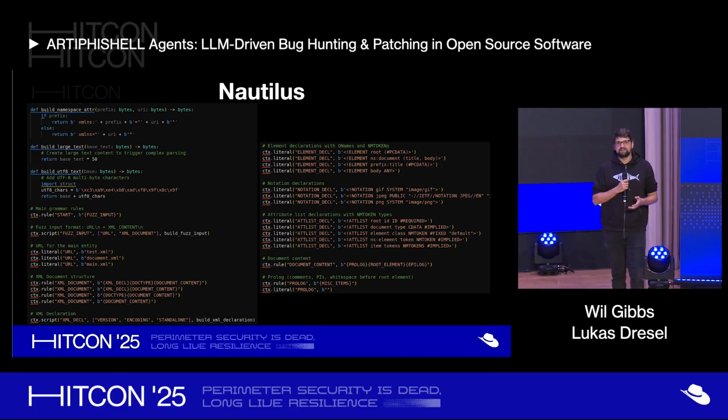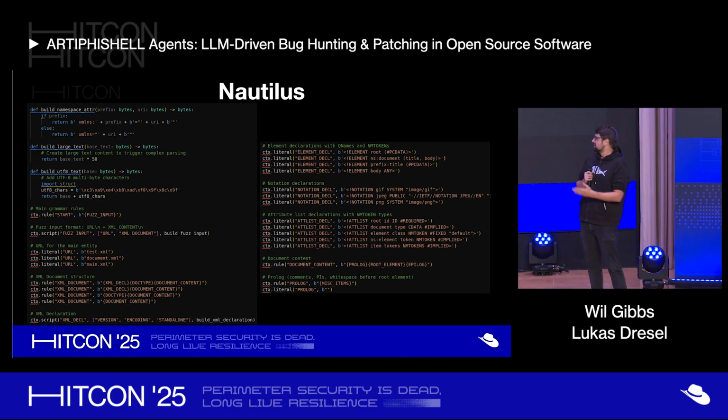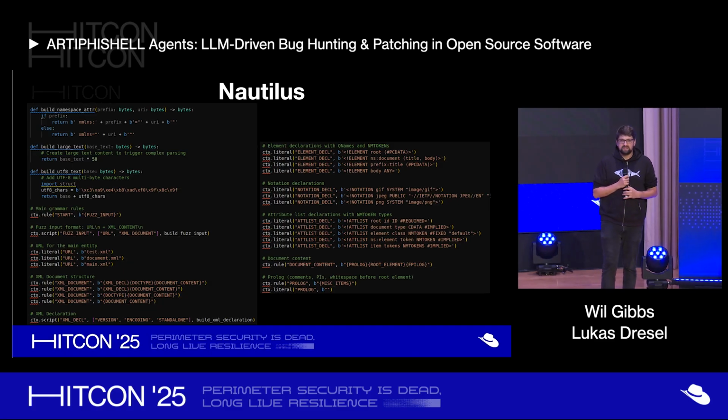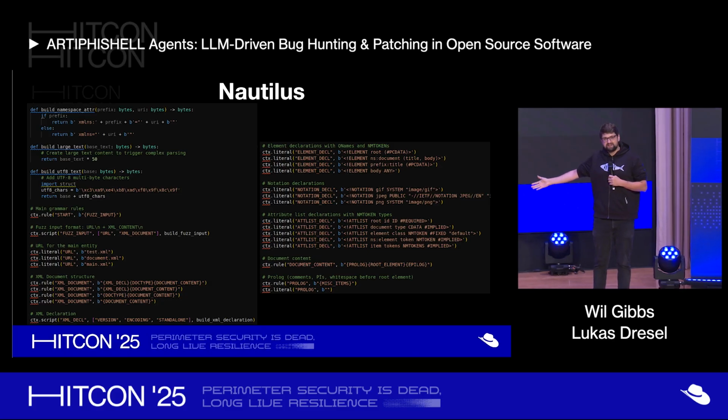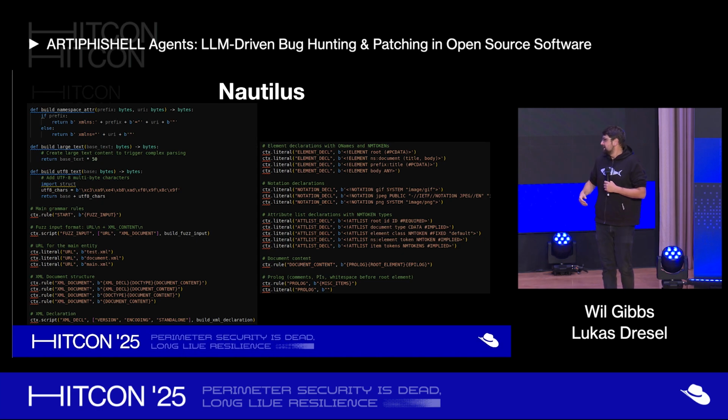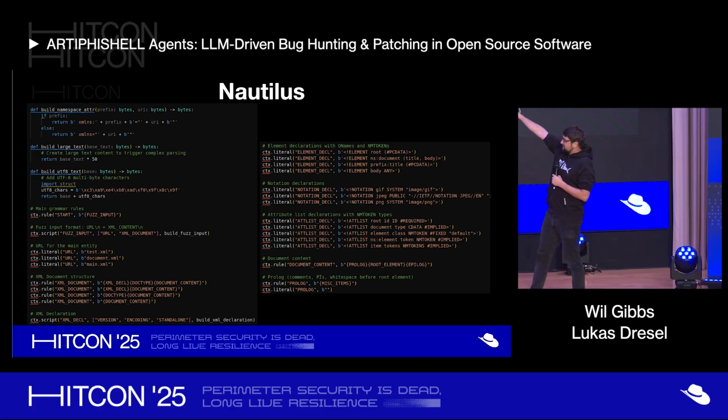Now, for our grammar fuzzing, we decided to use another research paper called Nautilus, that is a grammar fuzzer. And the nice thing about Nautilus is that the way you write these grammars is they're effectively Python code, so the LLM has seen tons of it before. And in the case of text-based inputs or simple structures of inputs, oftentimes the grammar relatively clearly reflects the structure of the input itself.